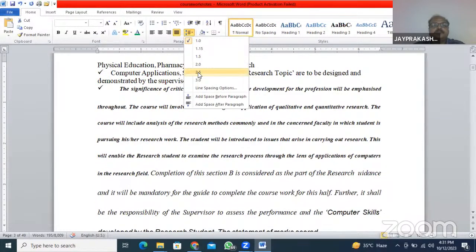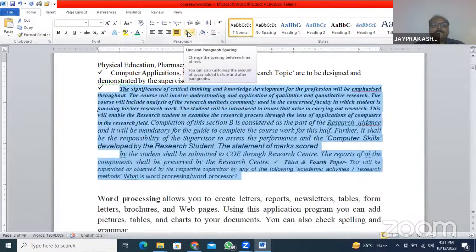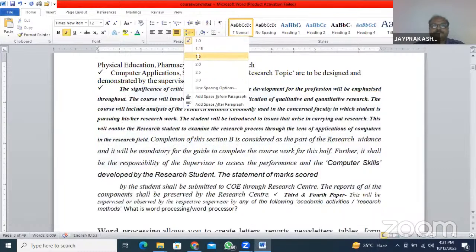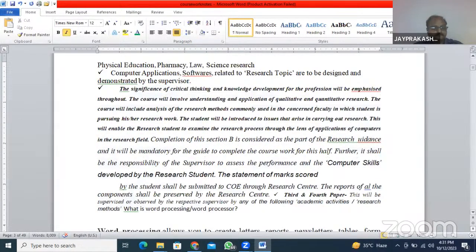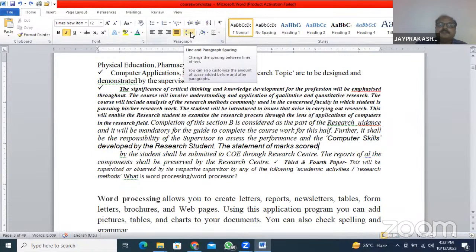This is the paragraph spacing, line and paragraph spacing. Okay. Clear? In this way, we can increase or decrease the line space between lines of the paragraph,